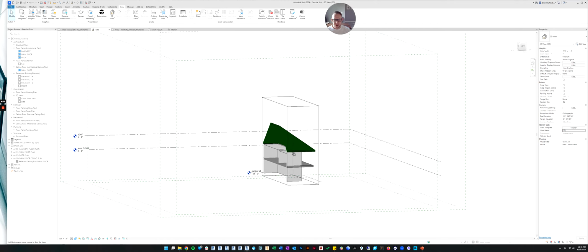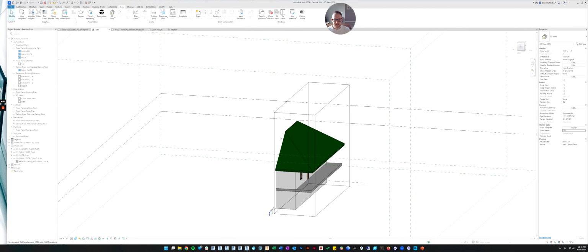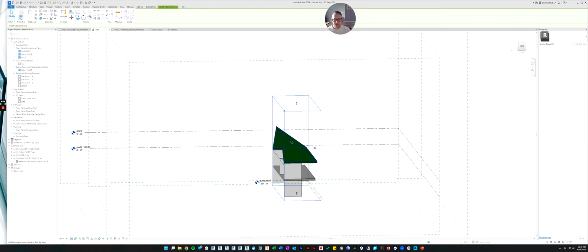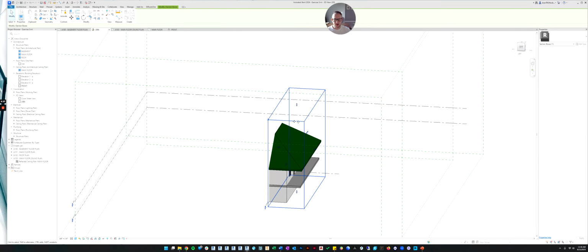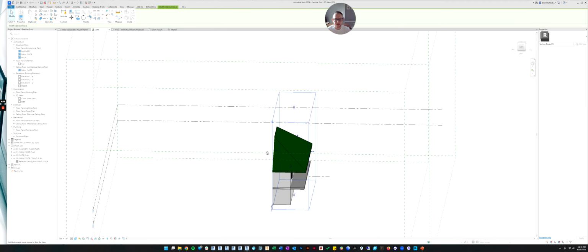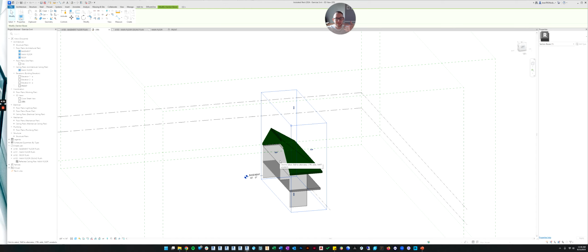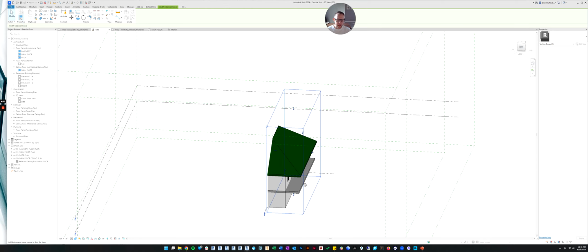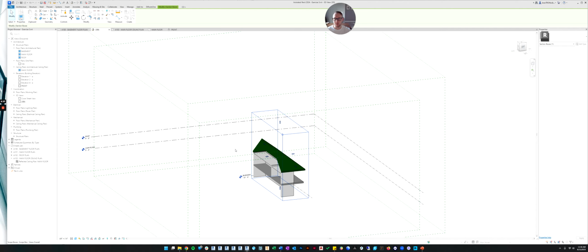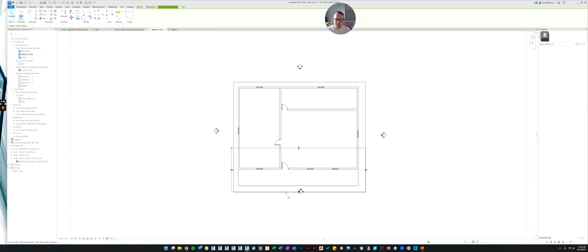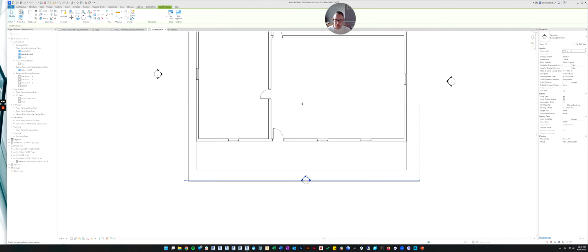So do you see how it's cutting? The back of the view is too far, or it's not far enough. It doesn't encapsulate the whole house. And the front of the view is good because it's in front of the house, but the back of the view needs to be in the back of the house. So let's go back to the main floor. Let's click our arrow again.